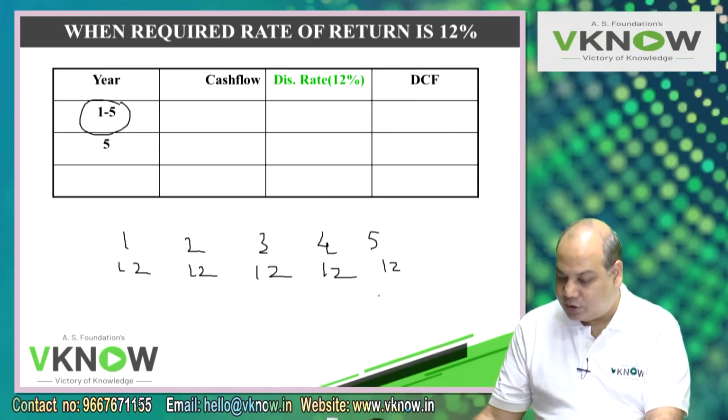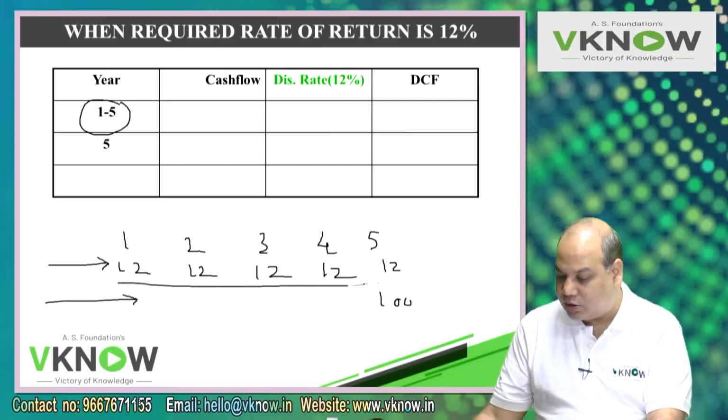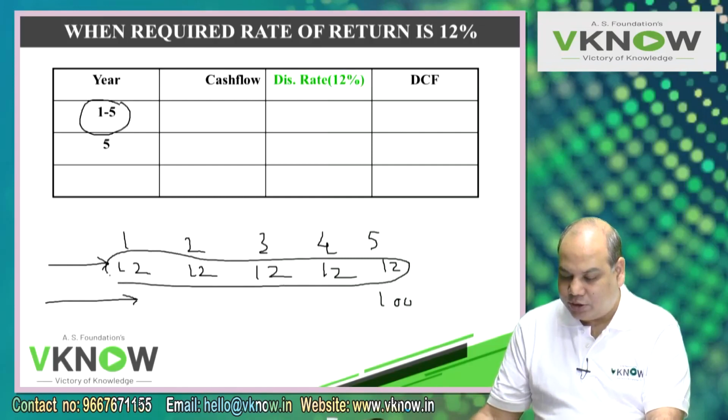And then in the 5th year the company is also going to pay 100 rupees. So this becomes one stream of cash flow, this becomes another cash flow. So this I can write as annuity. So years 1-5, 12 rupees, write down in the cash flow column, and in the 5th year we will get this 100 rupees redemption value, right?